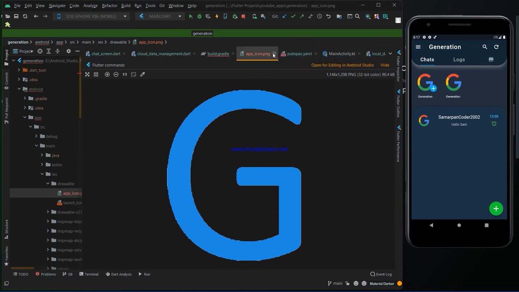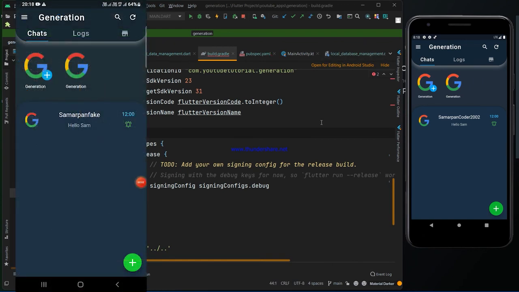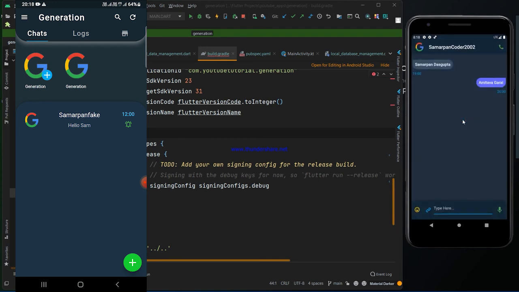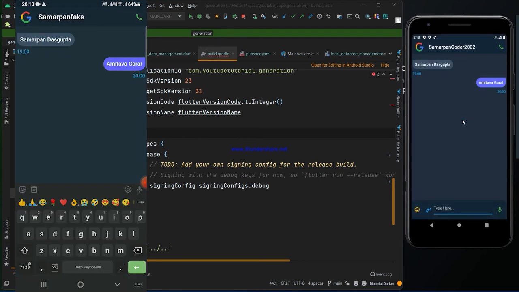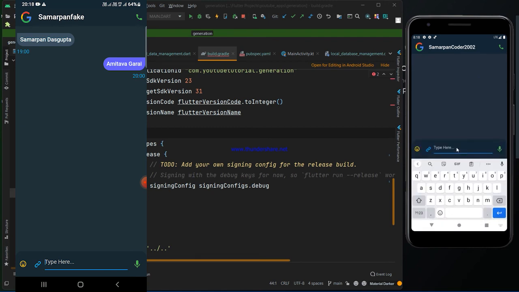Okay, so let's see the demo at first. I hope you see the physical device on the left side, and the right side is the virtual device. I opened the chat on two phones, and I want to send a message from the virtual device to the physical device.